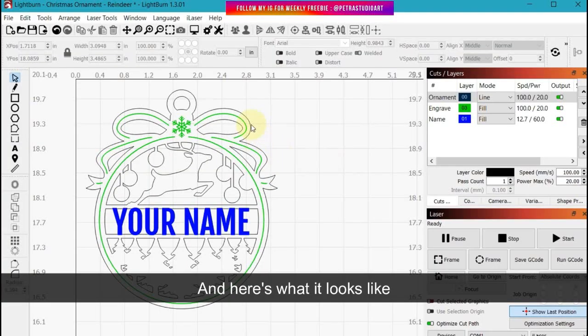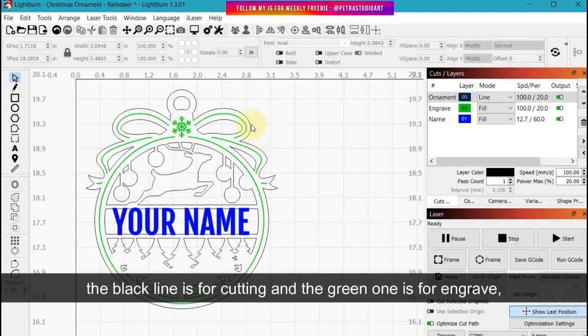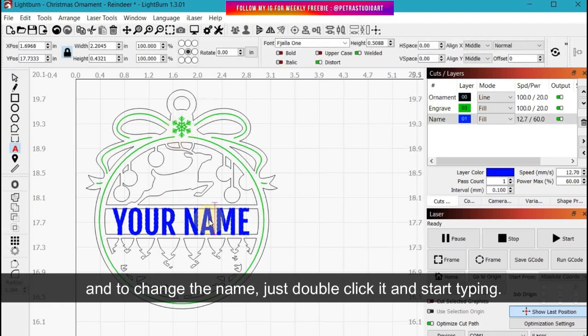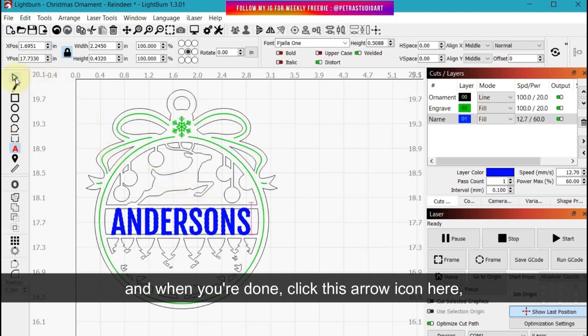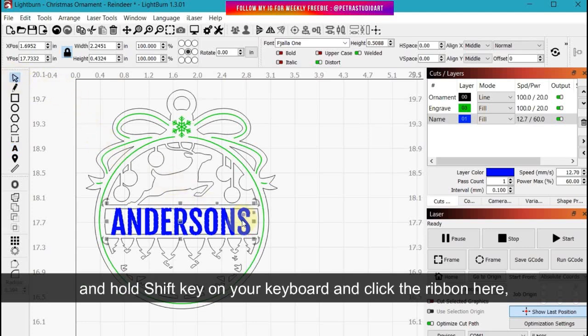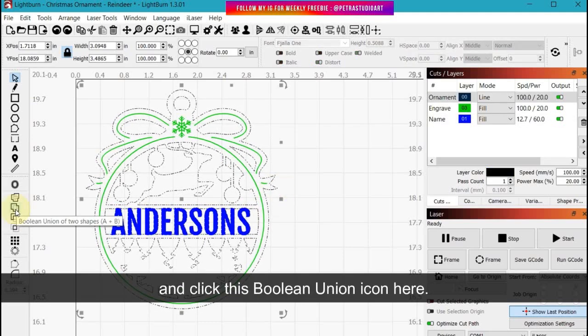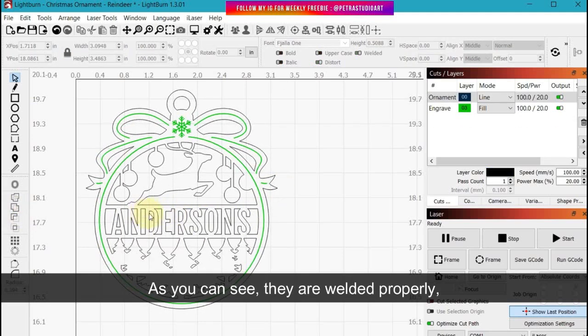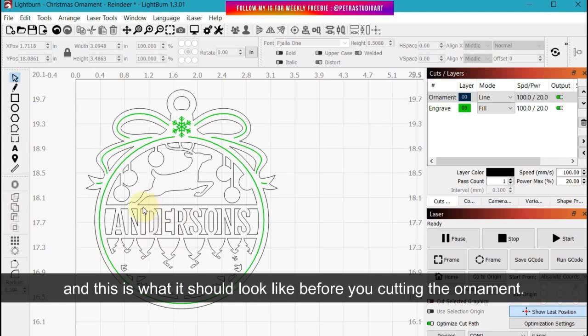And here's what it looks like. The black line is for cutting and the green one is for engrave. And to change the name, just double click it and start typing. And when you're done, click this arrow icon here and hold Shift key on your keyboard. Click the ribbon here. Click this Boolean union icon here. As you can see, they are welded properly, and this is what it should look like before you cutting the